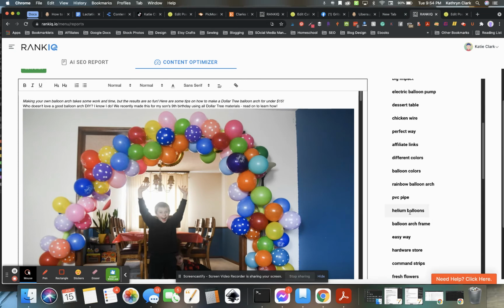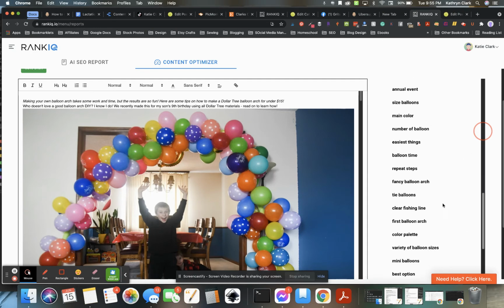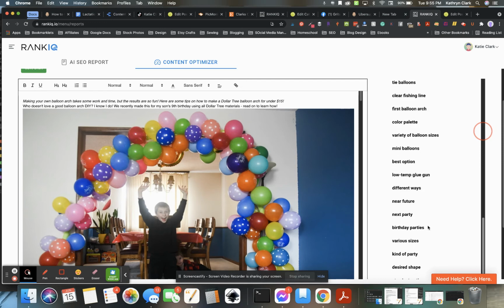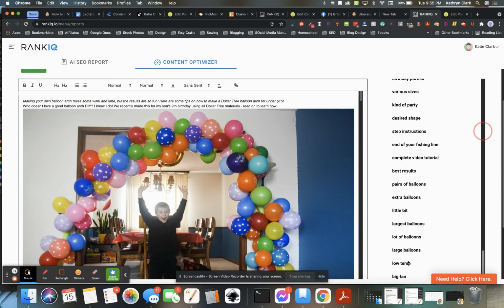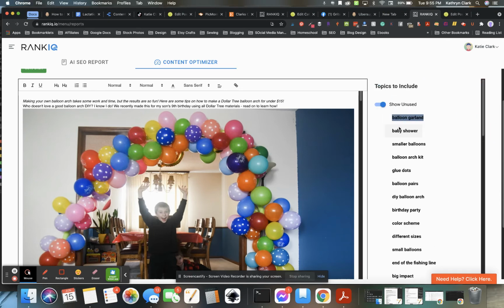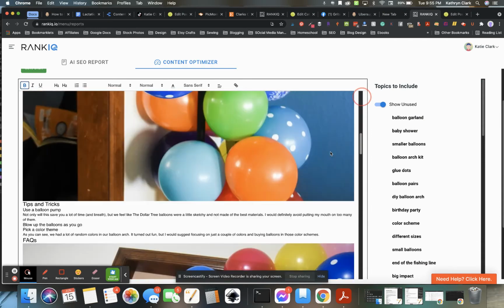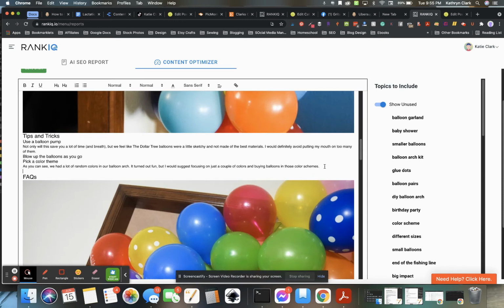Like I could do something like helium balloons versus blowing up a balloon or whatever, or let's see, just things that I can make into questions or sections in the post, if that makes sense. So I think I saw one up here, so I could come down here and I could say, oh, I don't know what just happened. So I'll just throw in here